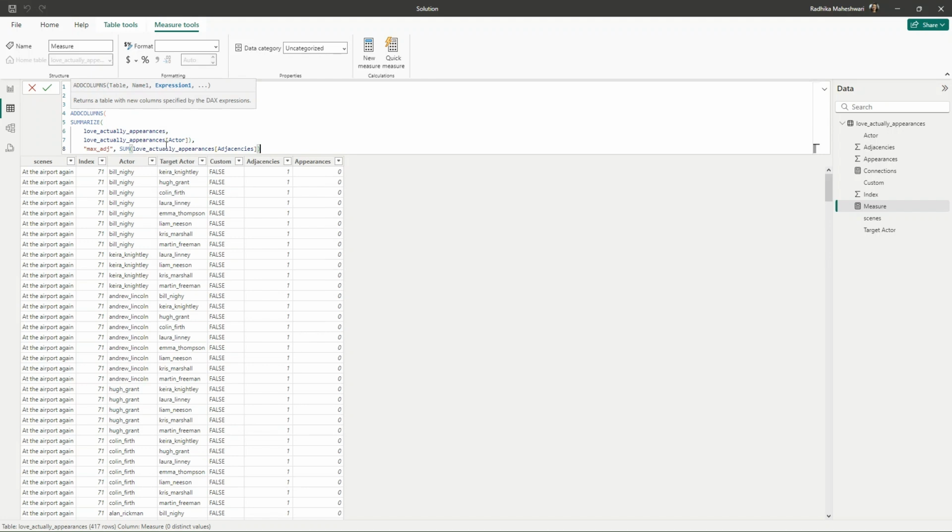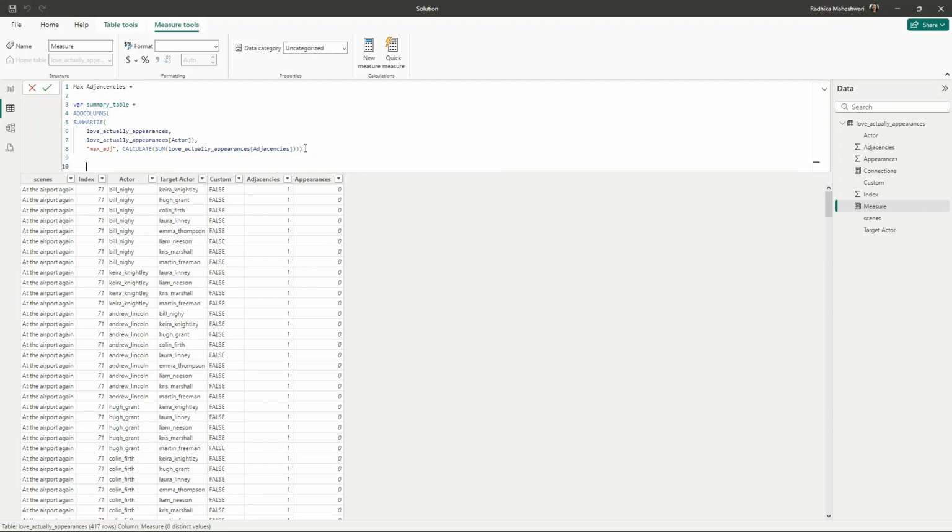But we can't simply do sum, because if we do that, it's not having any row context and all the rows will have the same values. So I will wrap this around a CALCULATE so it gets a row context. Now I will close off all the brackets, and like the previous measure, I'm again going to find the maximum value of the max adjacencies column.